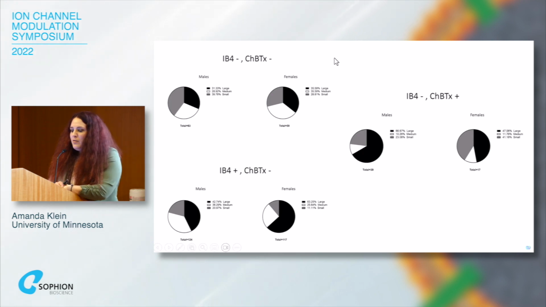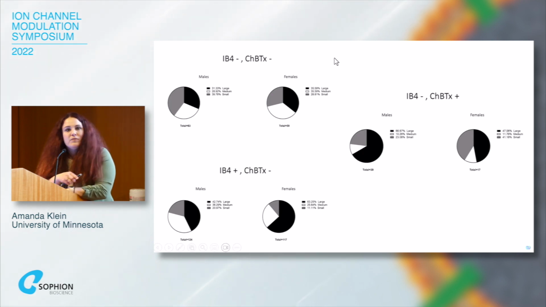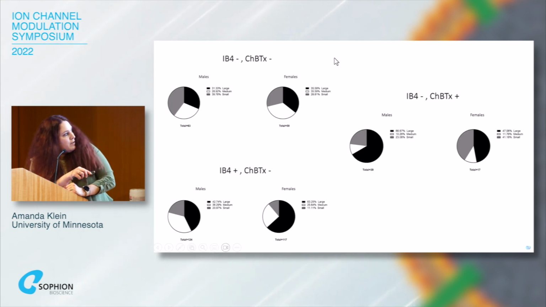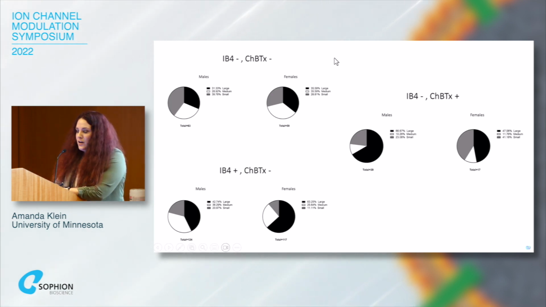And so when we actually looked at the labeling to see where most of the potassium responses were coming from, we found interestingly that in the cells that did not label either IB4 or cholera toxin B, which we're presuming are maybe peptidergic C fibers, there's at least a 30% response. 30% of these neurons have a large response to potassium upon application of diazoxide. The IB4 positive group also has quite a few neurons with a large response in this category.